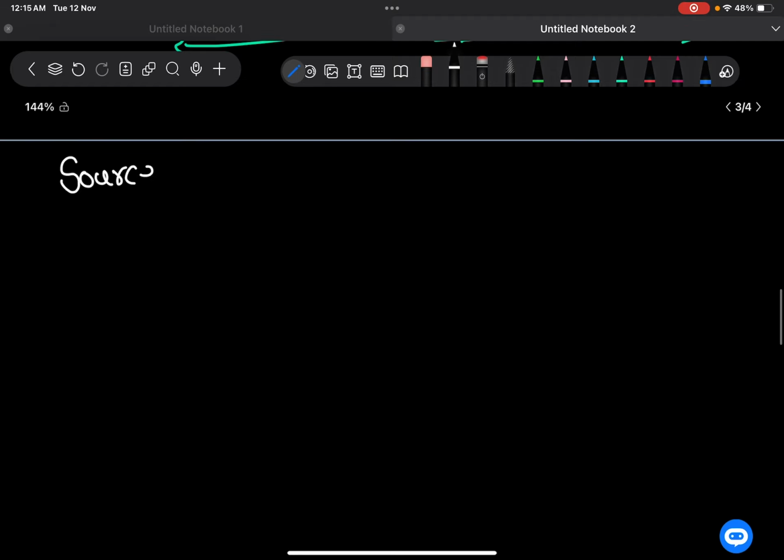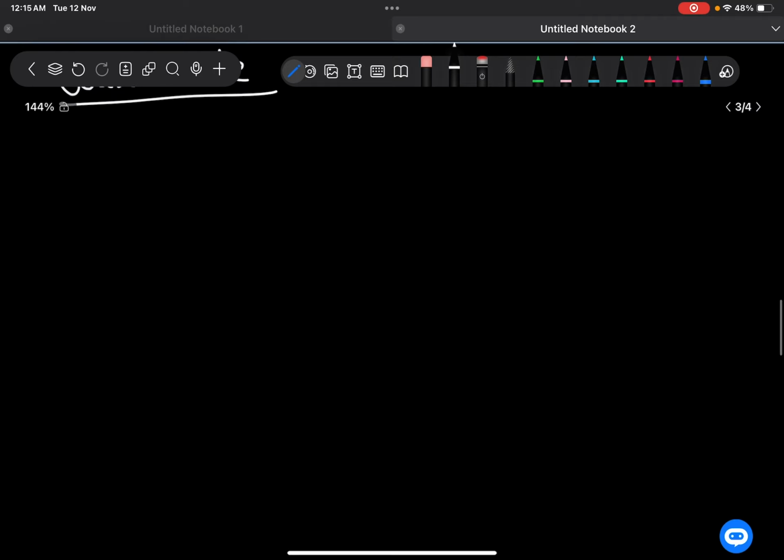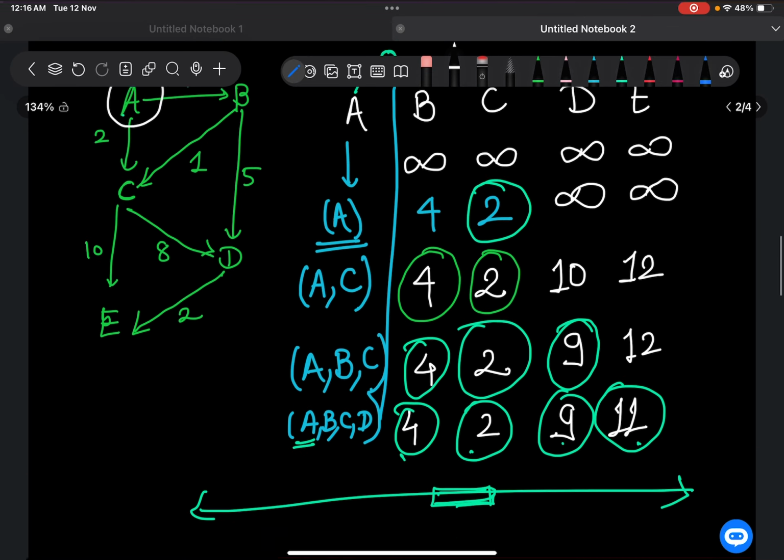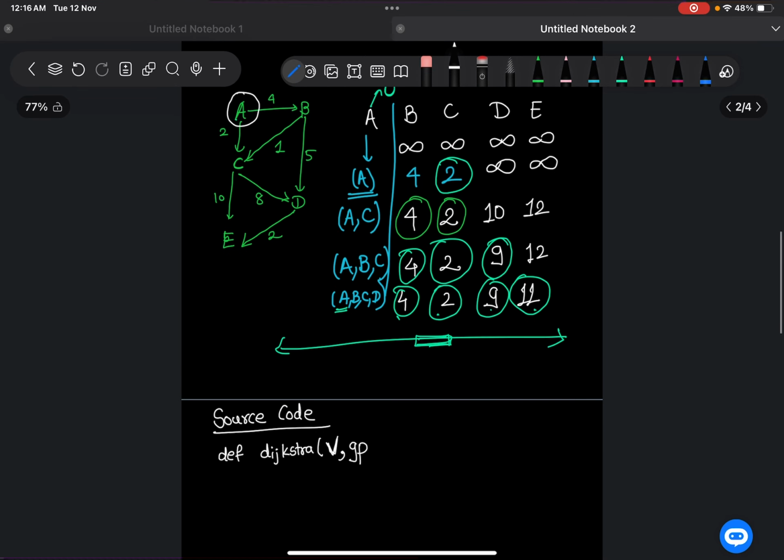Source code. Let us call this function Dijkstra. We will be taking the number of nodes, which will be given. Let us call it V. Also we will be given the adjacency graph, which for this example will look like